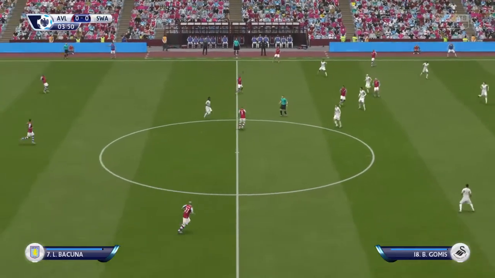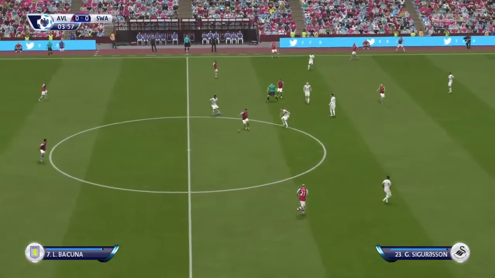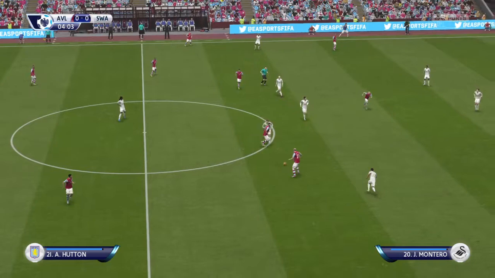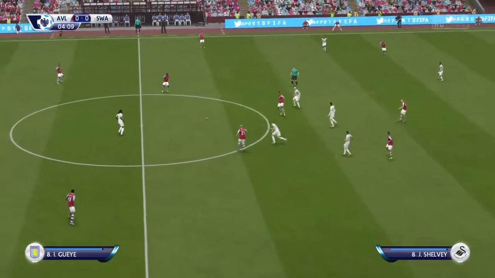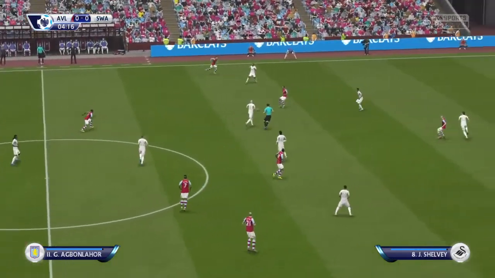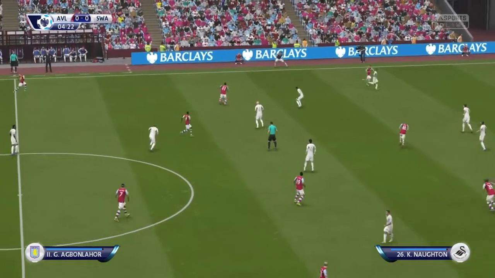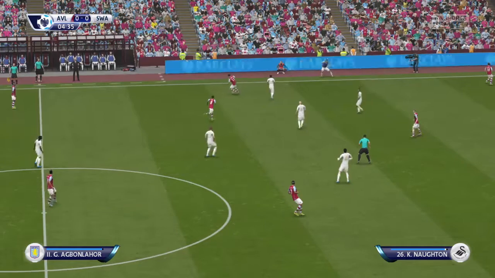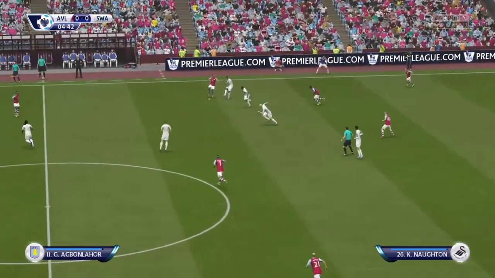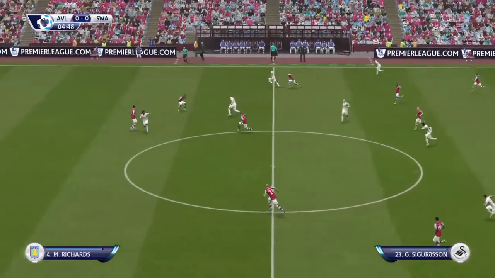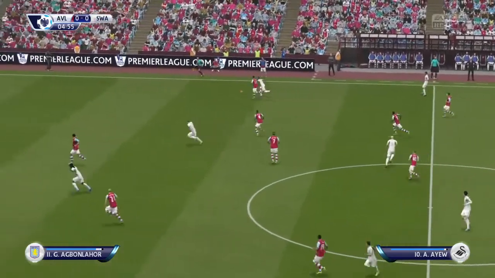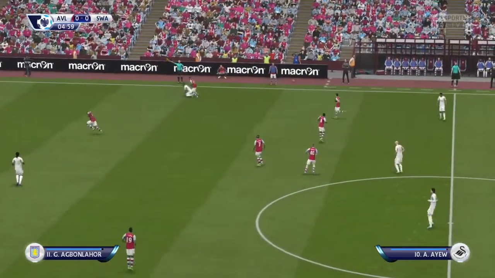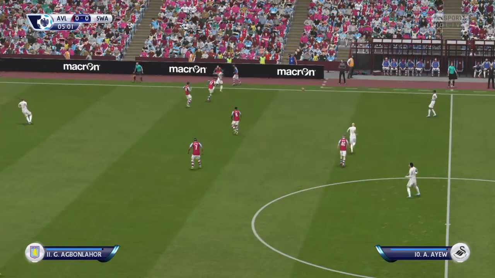Jordan Ayew. Idrissa Gueye. Kyle Naughton. Really strong tackle, and the ball's gone out for a throw.